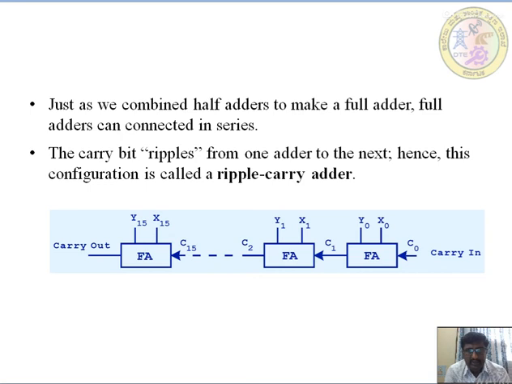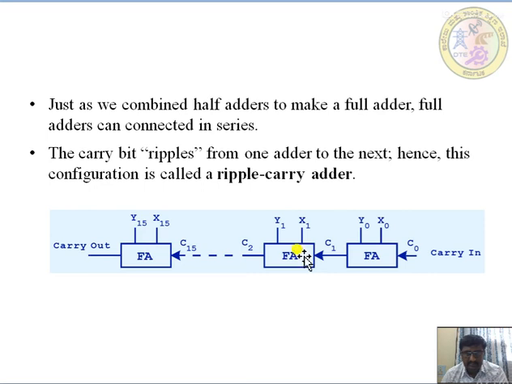So how it can be built by using the full adder. Okay, this is a normal block diagram of a ripple carry adder where the full adder is used. The full adder has 3 inputs, the carry in input and 2 inputs. One output is the sum you take out here, as well as the carry out. Okay, and this carry out acts as the input to the carry in of the second full adder.